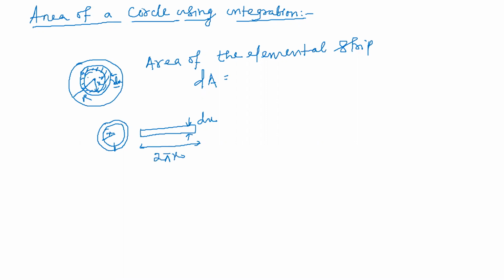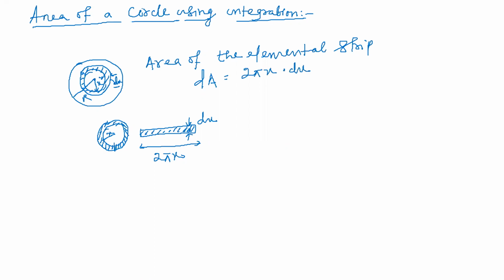The strip that I considered, I cut it, opened it and brought it like this, and I get this kind of strip. I cut the strip and unfolded it like this. So that is dx. Understood? So that is 2 pi x into dx. Yes or no? So I got it. This is the small area. So the small area I can write, that is 2 pi x into dx.